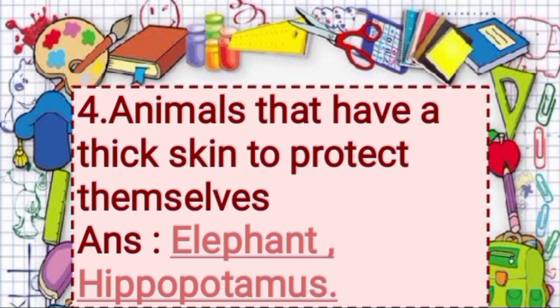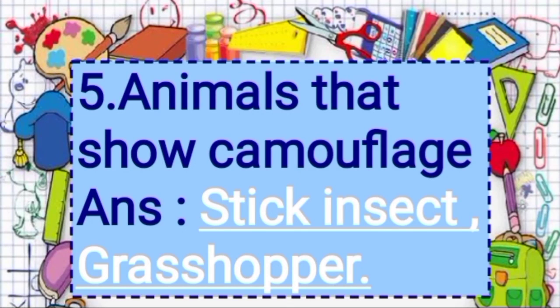Hippopotamus. So as you know, many animals have adapted themselves well to the environment to protect themselves from the enemies. So animals such as elephant and hippopotamus have thick skin to protect themselves from heat in hot climate. Now next question,